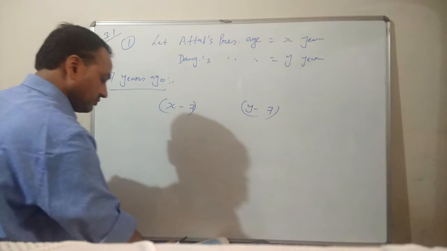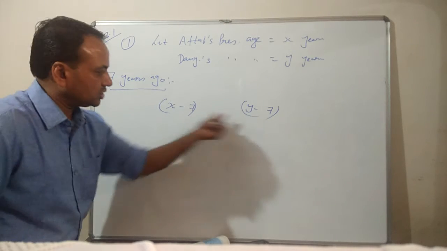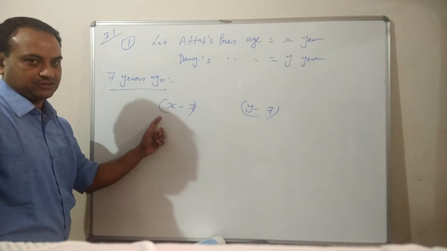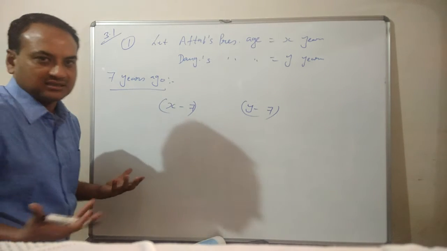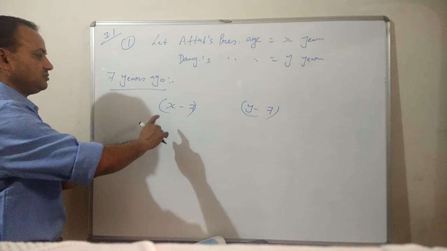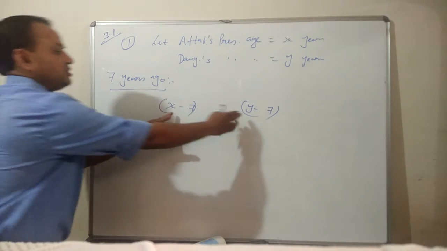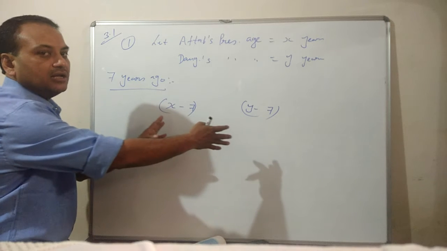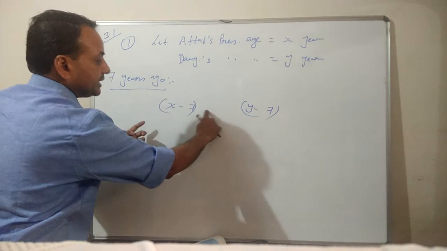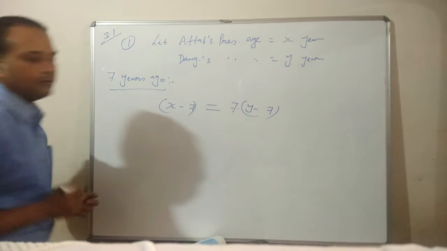Then what condition was given there? Father is saying, this is the father, this is the daughter, 7 years ago, father says 7 years ago I was 7 times older. Obviously father is always elder than daughter, but here the condition is that the father is 7 times older than the daughter 7 years ago. So we have first of all mentioned both the ages 7 years ago, but since father is 7 times, for equating this, we have to multiply 7 with the daughter's age and it will be equal now.